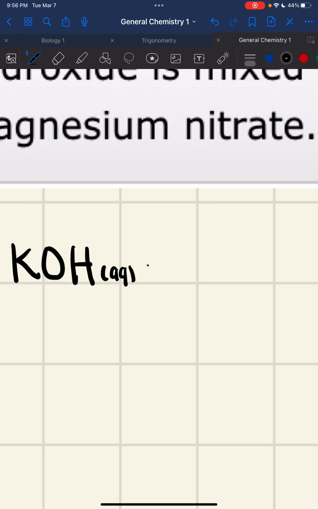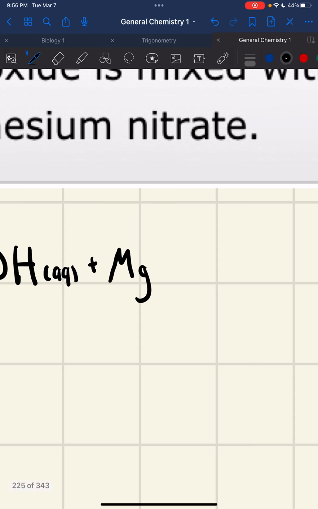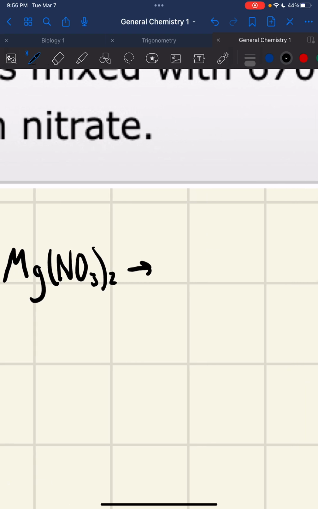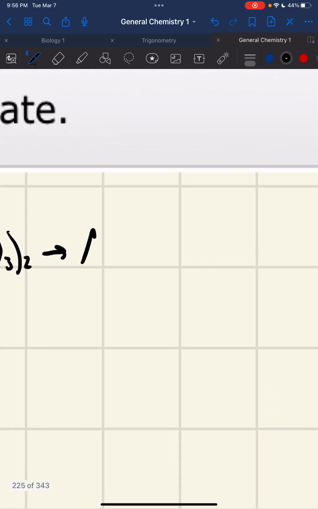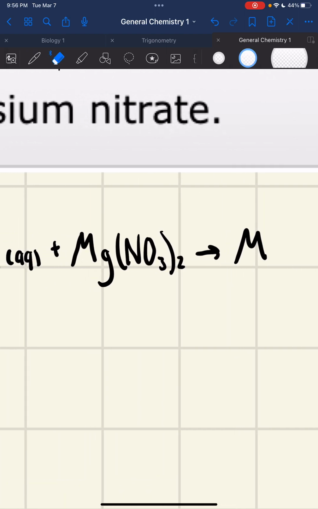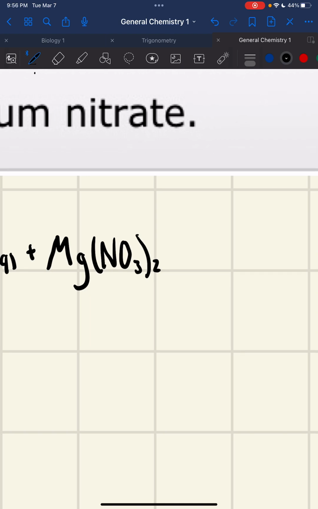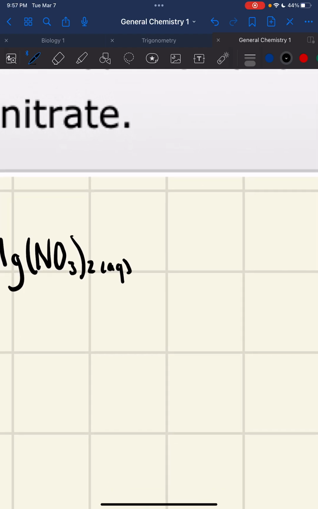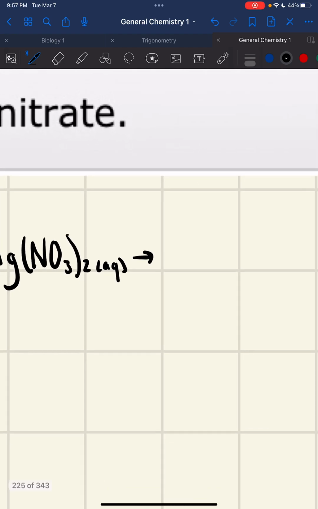And then you're going to add magnesium nitrate, and that's going to yield... apologies, I should probably go back for them real quick. This is going to be aqueous as well. Due to your solubility rules, nitrates are aqueous, or strong electrolytes, I apologize. So they disassociate. And then this will yield